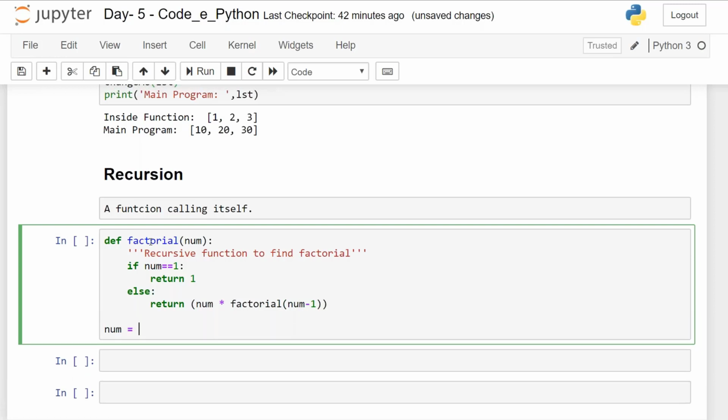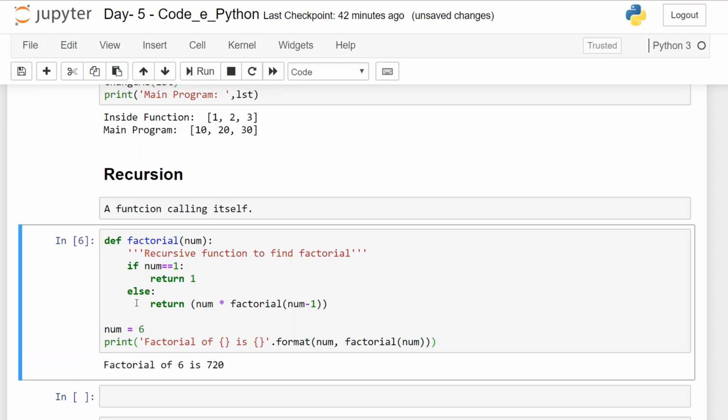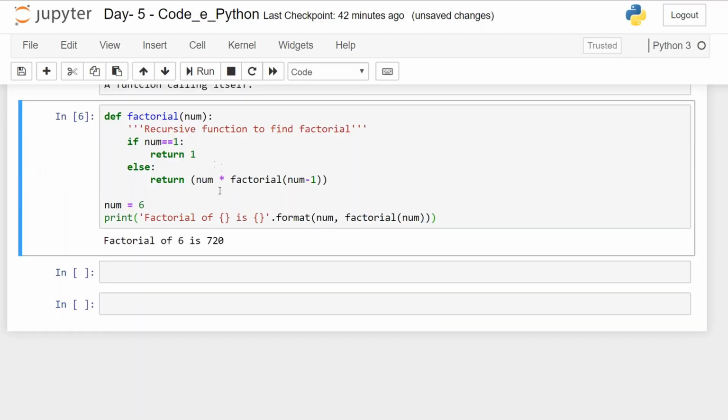Now when I pass num equals 6, let's print factorial of {} is {}, using format with num and factorial of num. So you can see here factorial of 6 is 720. If the number was 1, I returned 1 because factorial of 1 is 1. If the number was greater than 1, then I return number into factorial of number minus 1. This is called the recursion process.